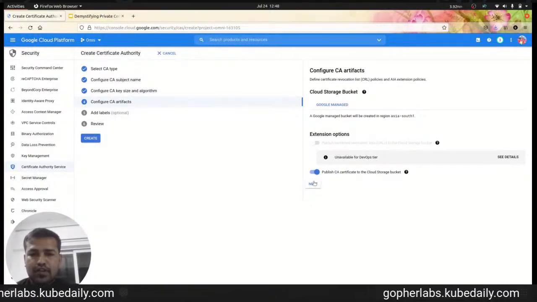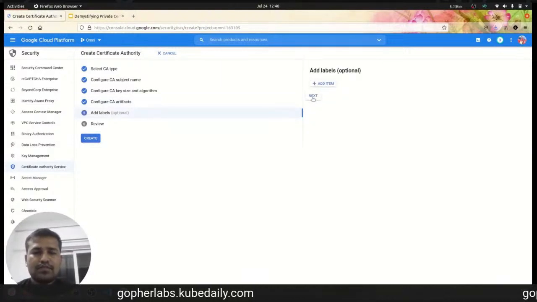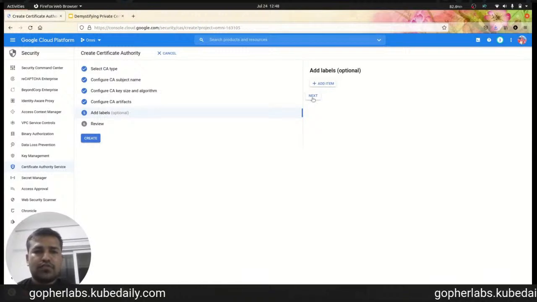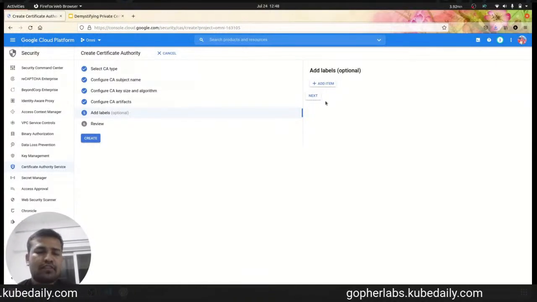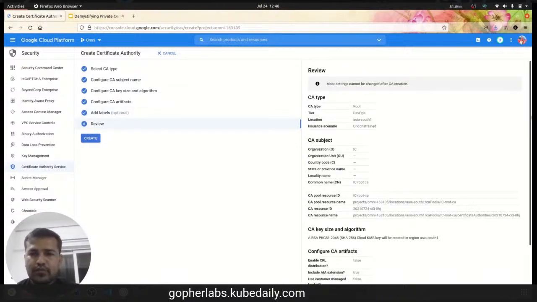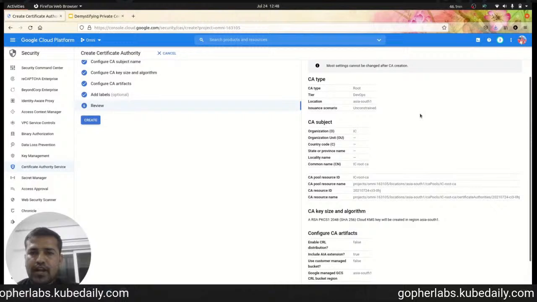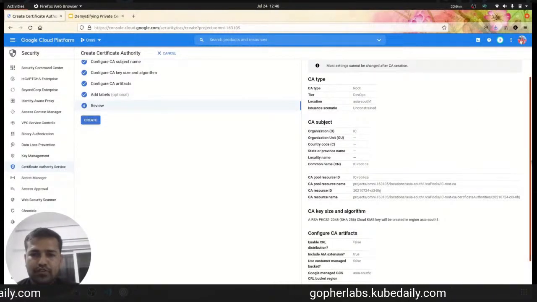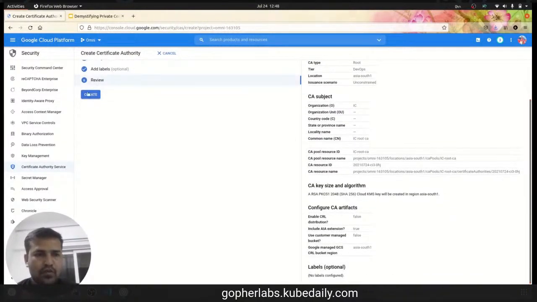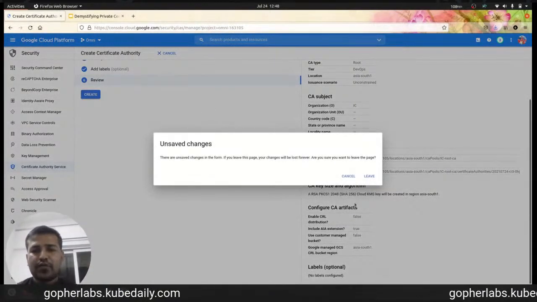Then clicking on next. Here you can add any labels if you want, like labels in Kubernetes, which is the identifying information you can add. Then clicking on next, here you will see the review summary, right? Whatever details we have added till now will be listed over here. I am not hitting the create button. I'm just hitting cancel because it is chargeable and I don't want to create a new one.